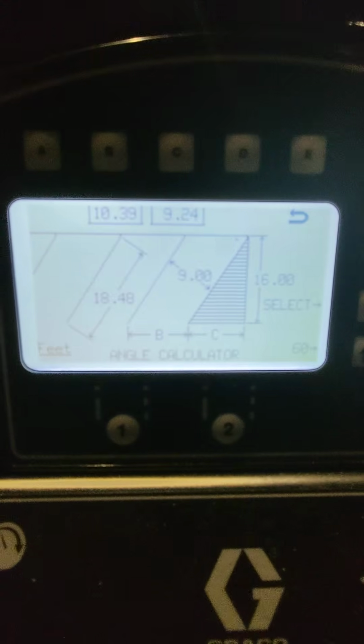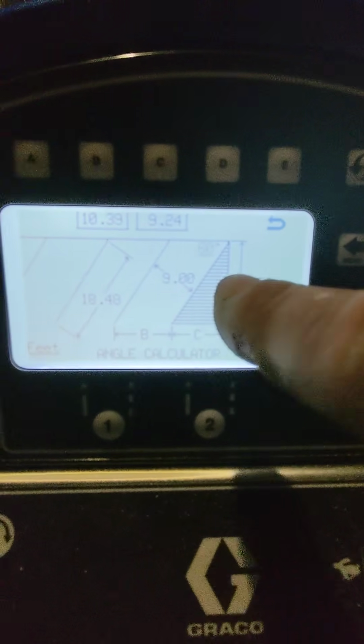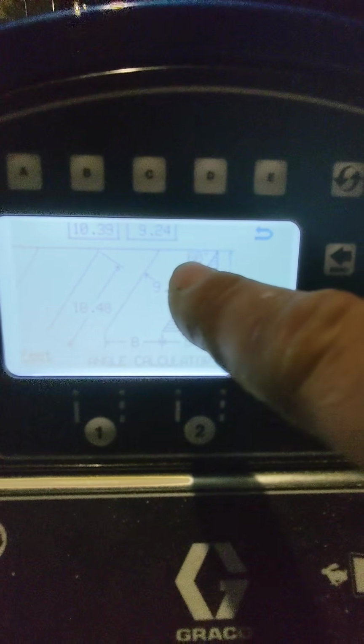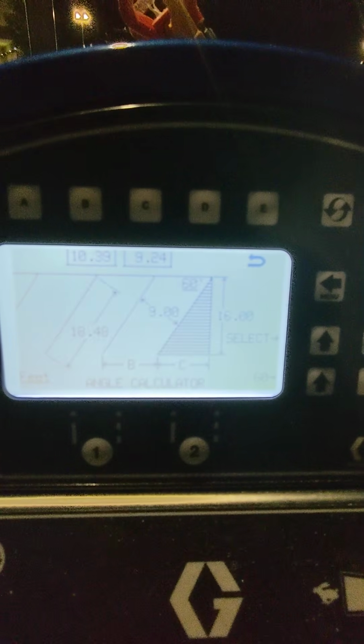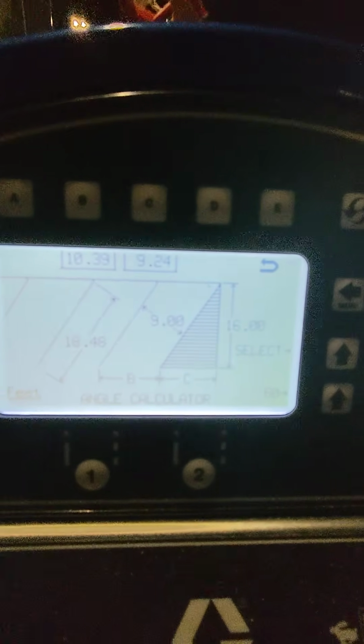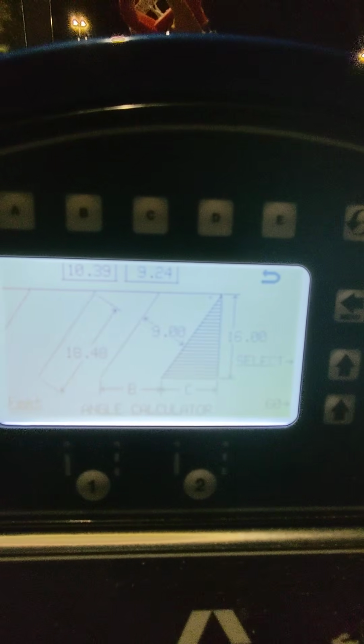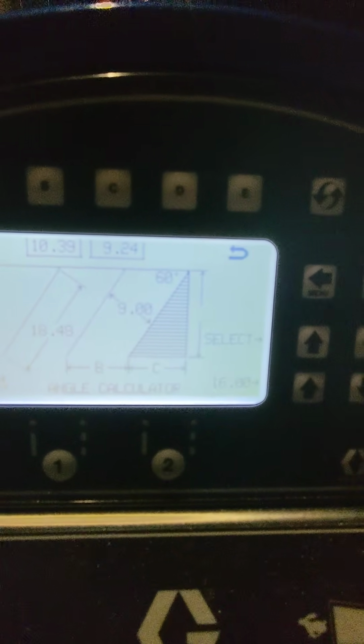Now we have to decide. So see what's flashing? That's your degrees right now. So you can change it to 45, 60, 70, whatever. Don't change it to 90 because that's absolutely useless because the main menu is designed for 90. So once you have your 60 degree angle set, you hit the select button, and